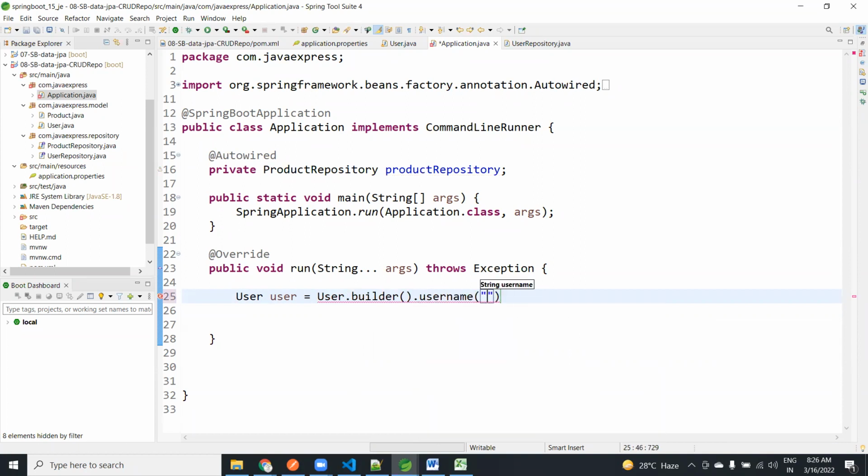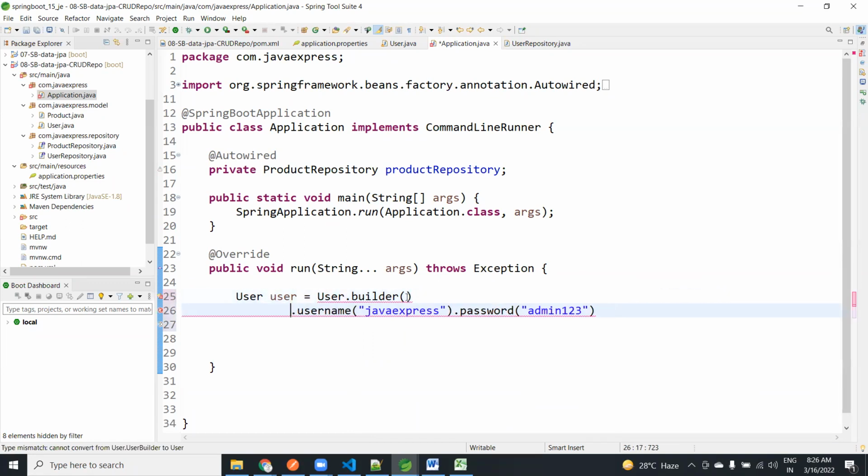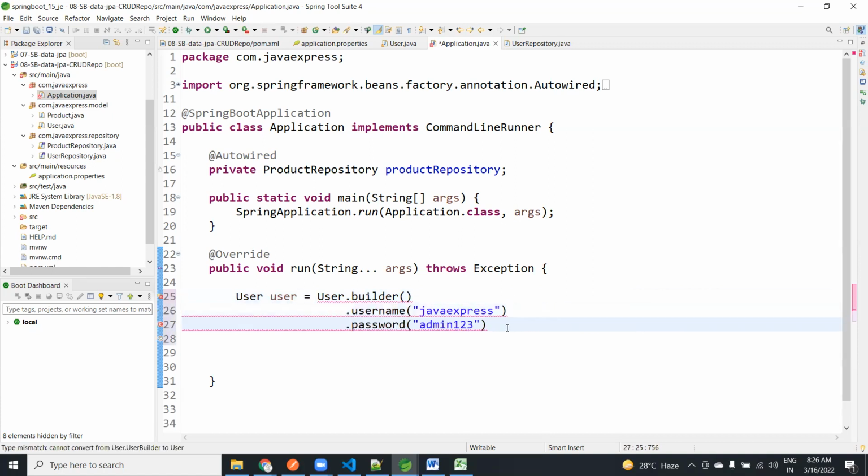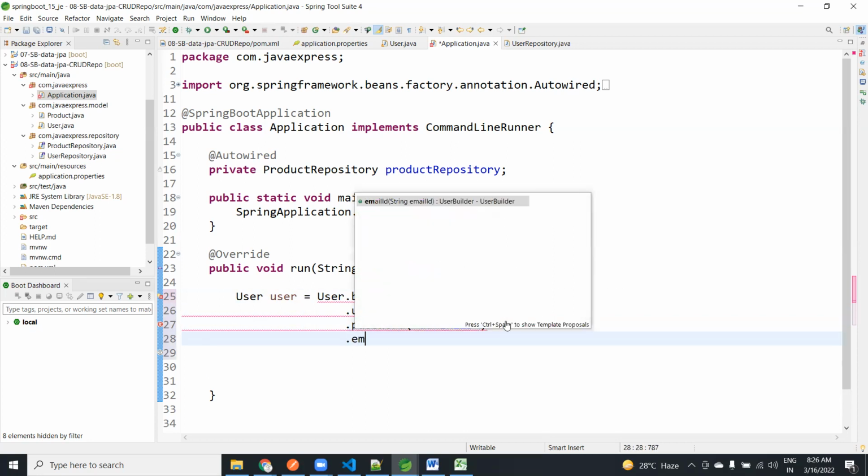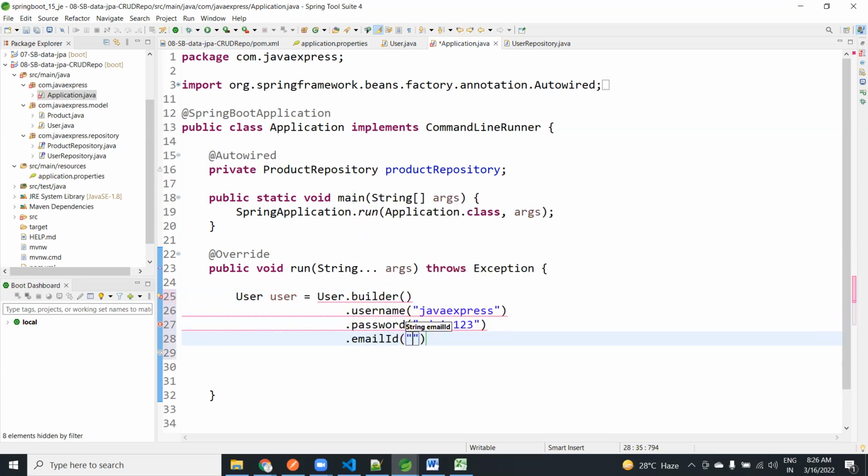What is my username? You can provide something like JavaExpress. Now let me provide the password, admin123. This is a kind of pattern. A lot of companies are following this structure. To make object creation, they are using the builder design pattern. Now dot email ID. What is our email ID? Let me choose the JavaExpress channel